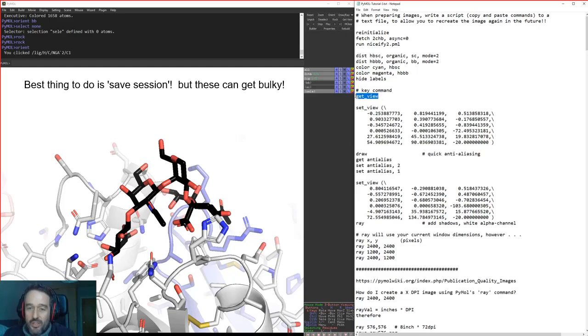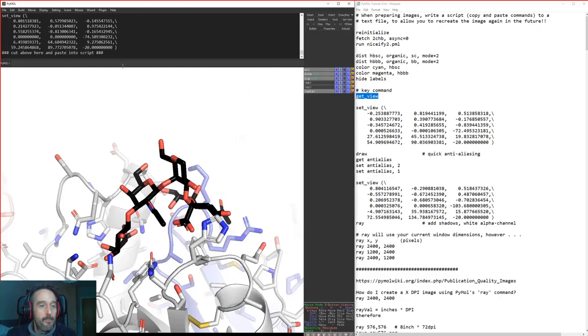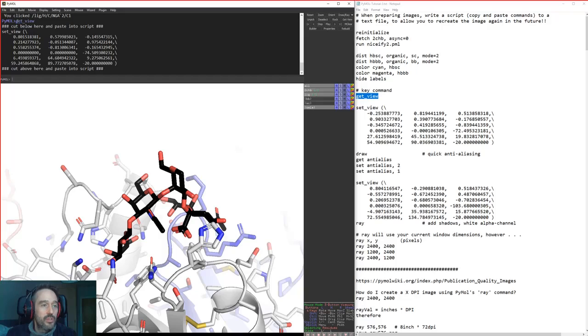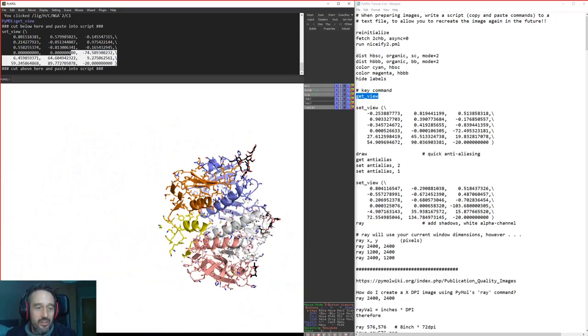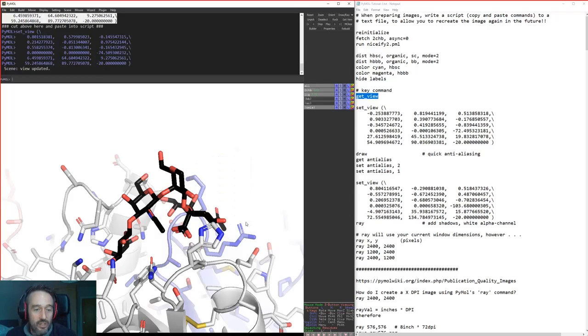So I'd just like to introduce you to this command here, which is called getView. If you type getView into the command bar here, the result is that it outputs something called setView. What this does is it gives you the coordinates of the camera, the lighting, the distance of the zoom, the control of the Z-plane clipping, and all of that kind of information in order to recreate this exact view that we have here if we were to go somewhere completely different. For example, we can copy and paste this back in, and that returns us back to that initial place that we were at.